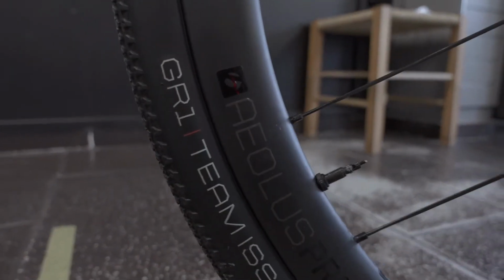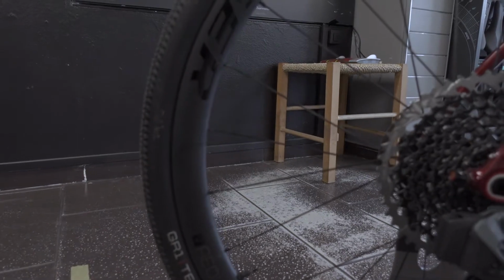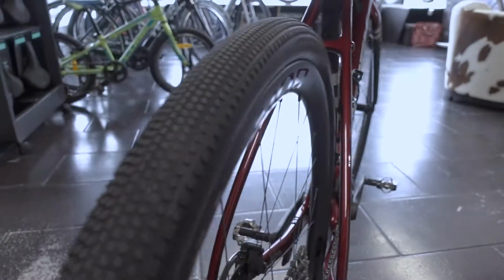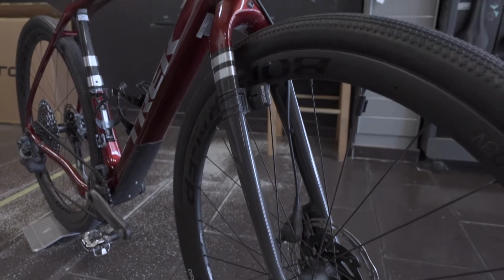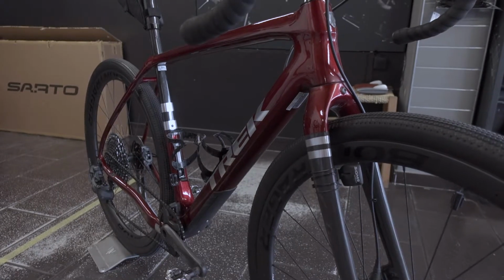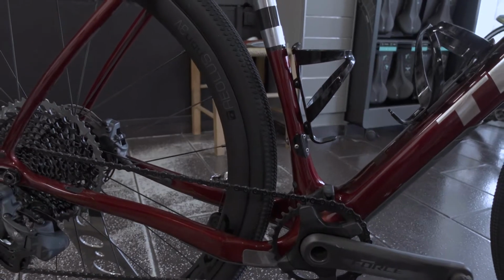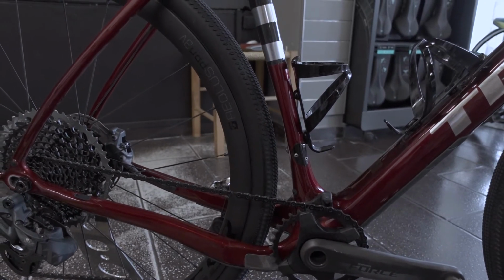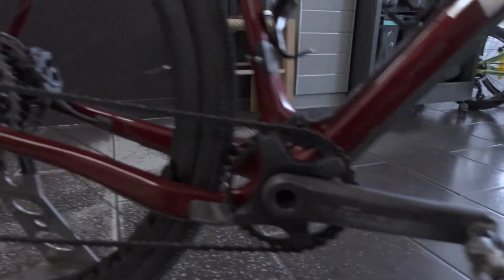The SL7 comes with those Aeolus Pro 3 wheels. Carbon fiber, extremely wide. They are extremely fat, but a pretty cool wheel. Tubeless ready also, and if you set them up tubeless, they have pretty nice riding characteristics, really. Well, the SL7, oh, this is top secret over there. The SL7 is the highest in the range of the Checkpoints from Trek, so this one comes with the SRAM